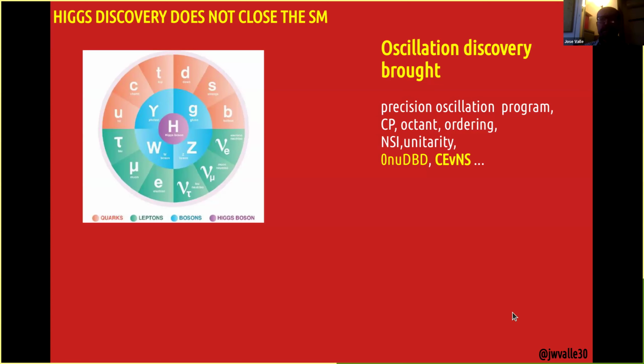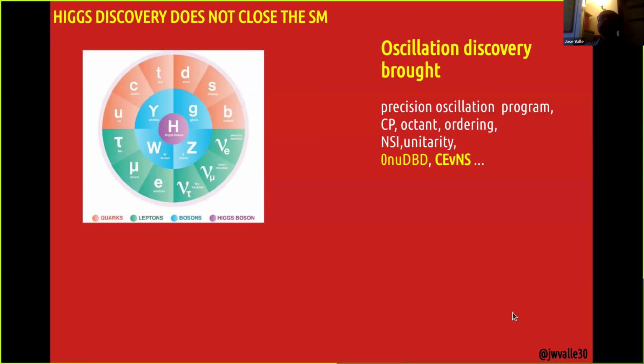And it has initiated a very rich program of oscillation experiments trying to determine the CP phase, the octant, the mass ordering, whether we have things beyond the minimal picture, such as unitarity violation or non-standard interaction. And last but not least, DBD search experiments. We have,